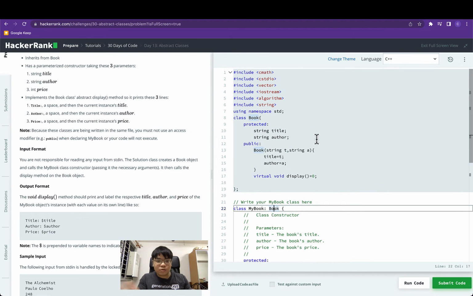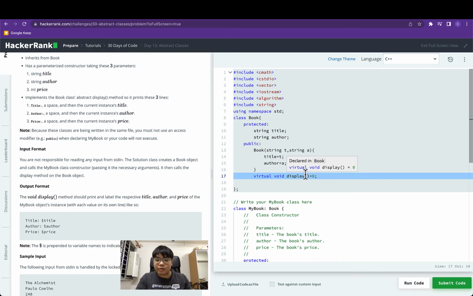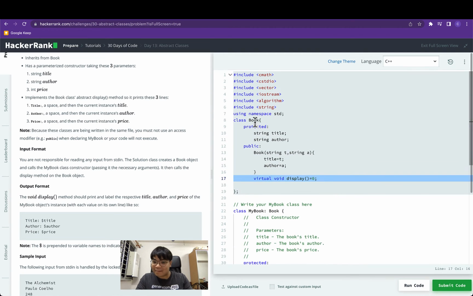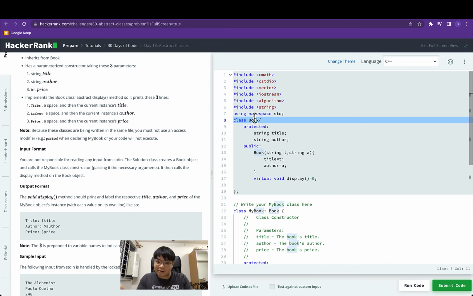So there's two additional concepts which I guess is worth sharing. In this case we use this keyword called virtual. So this virtual keyword over here actually tells the C++ compiler to generate a vtable at compile time and create that vtable at runtime to keep track of which display function should be called if you happen to have a pointer of type book. But this pointer of type book, which is the parent class, happens to be pointing at a child class, which